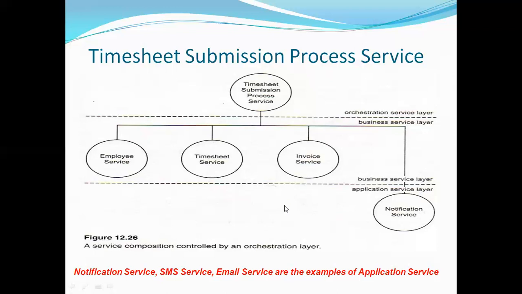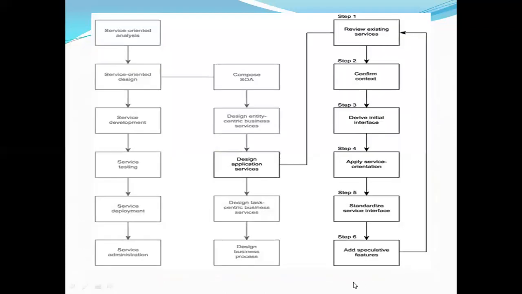It's step number 3 of service oriented design. And here I have noted that notification service, email service, SMS service are examples of application service layer. See here, this diagram gives you the idea that, similar to entity-centric business process design, application service design is also divided into further 6 steps.